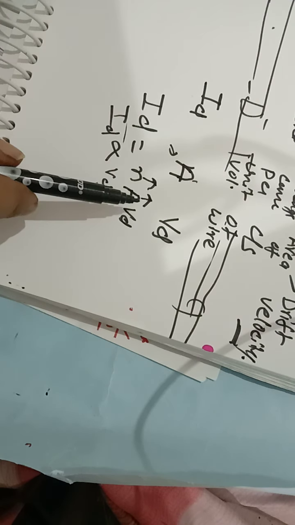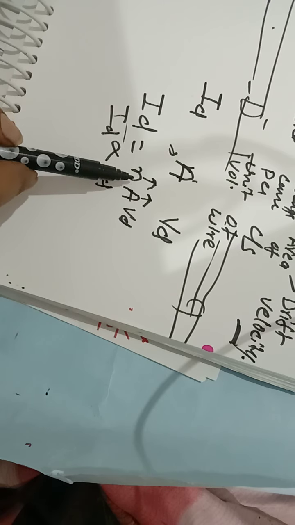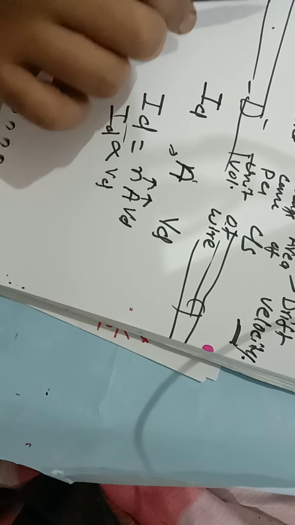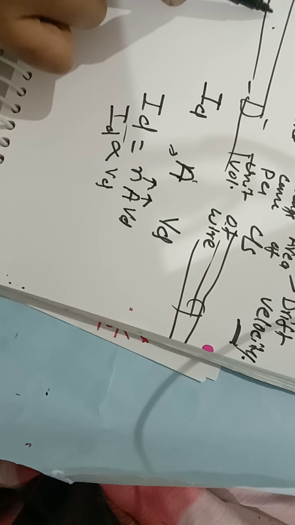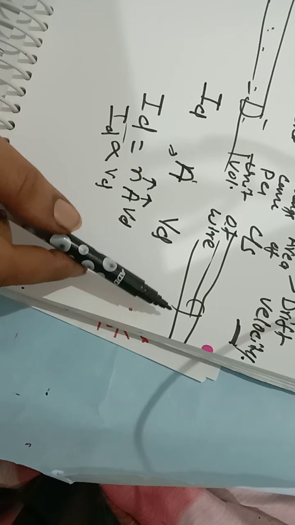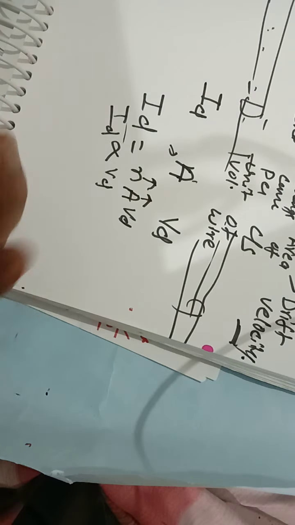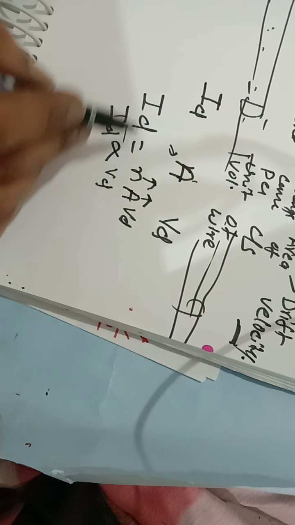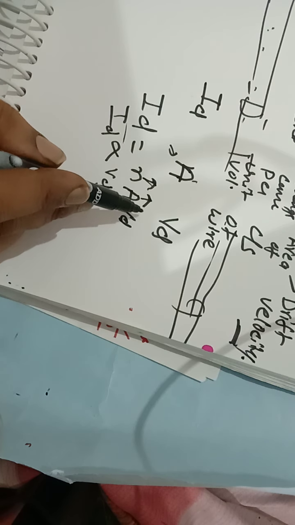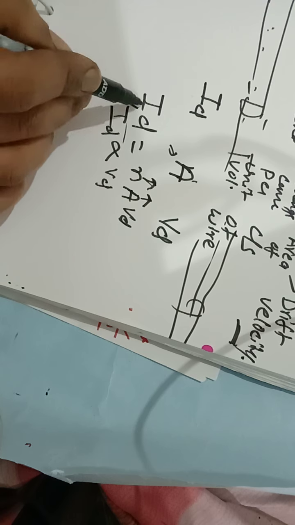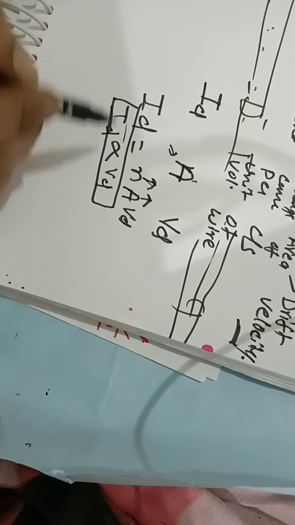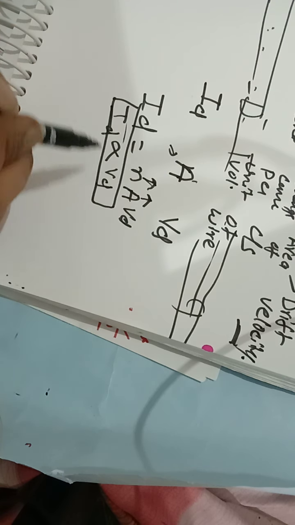For a wire, cross section area doesn't change with increasing the length or anything. Cross section area is uniform for a particular wire. Since I have explained earlier also that n is the number of charge carriers per unit volume, it will not change throughout the wire. It is a per unit quantity, right? Per unit quantity of the wire. So two things are constant. So we can write ID will be directly proportional to VD, if area is constant.